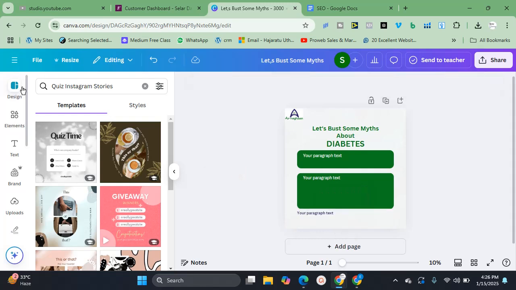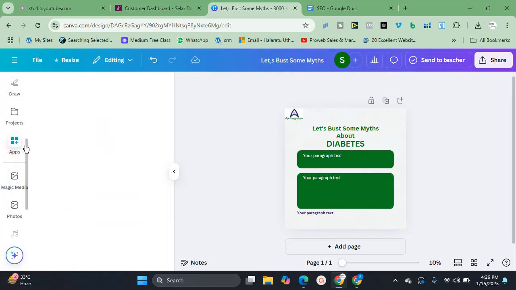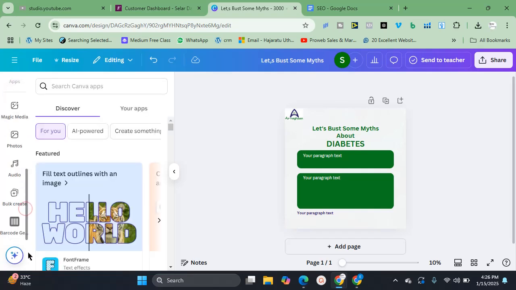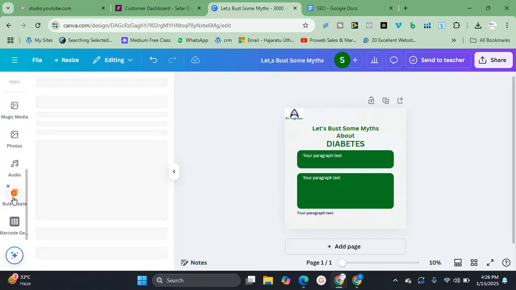So now is where we'll work the magic. I have prepared that and ensured that everything is readable. So I'll go all the way down and look for bulk create. Click on that, bulk create. You can't use this option on your phone. You only have the capacity when you're using the desktop. So while this loads,